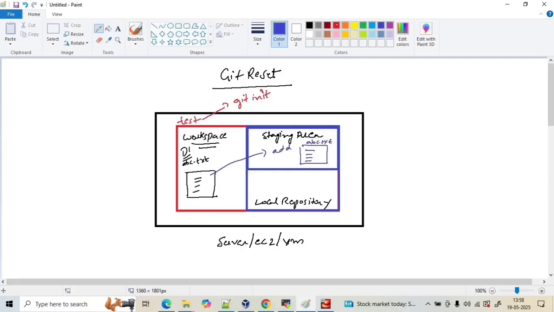abc.txt, and realized there is some mistake within this particular file, abc.txt. In that case, if a developer wants to reset this file within the staging area, only within the staging area, he can use the command